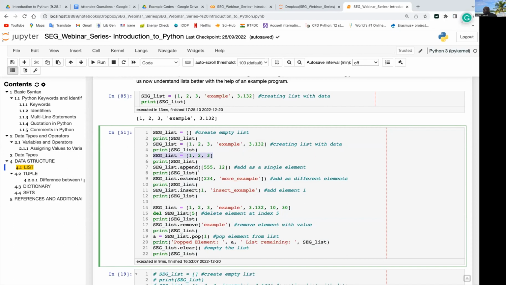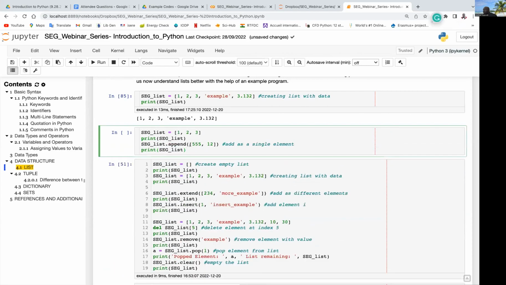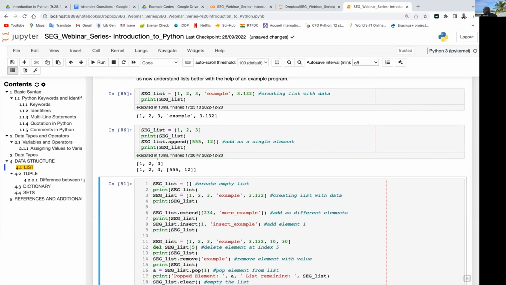If we take this into a new cell and append it to the list above, it will add this as a single element into the previous list. But if you want to add it as different elements, you use the word